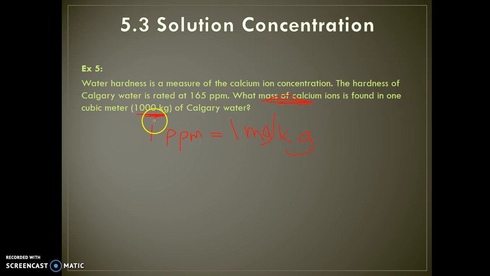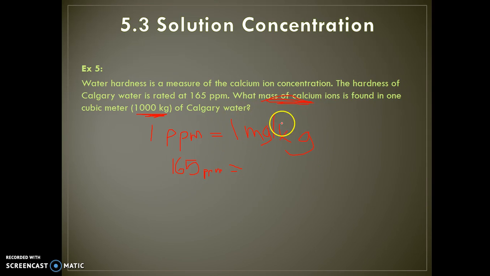I'll take everything that they give me in the question and put it in here. Because they give me concentration, I kind of have to work backwards. So I know the concentration is 165, so that's going to go on the left side here, ppm